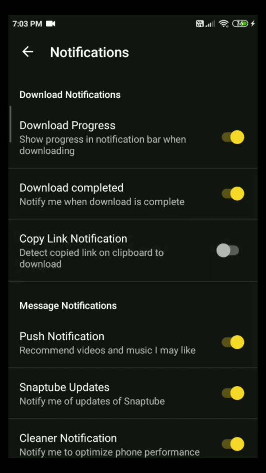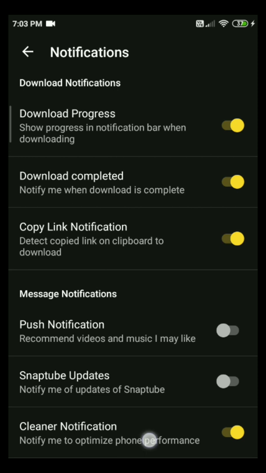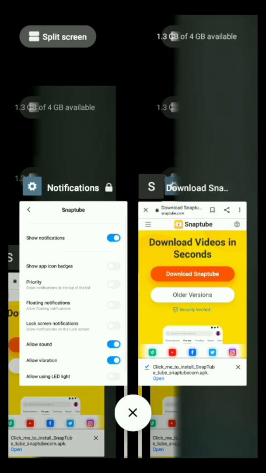SnapTube updates you can also turn off, and even the cleaner notification. The download progress and download completed notifications you will need, so don't turn them off, I suggest. After that, let us go to YouTube now.